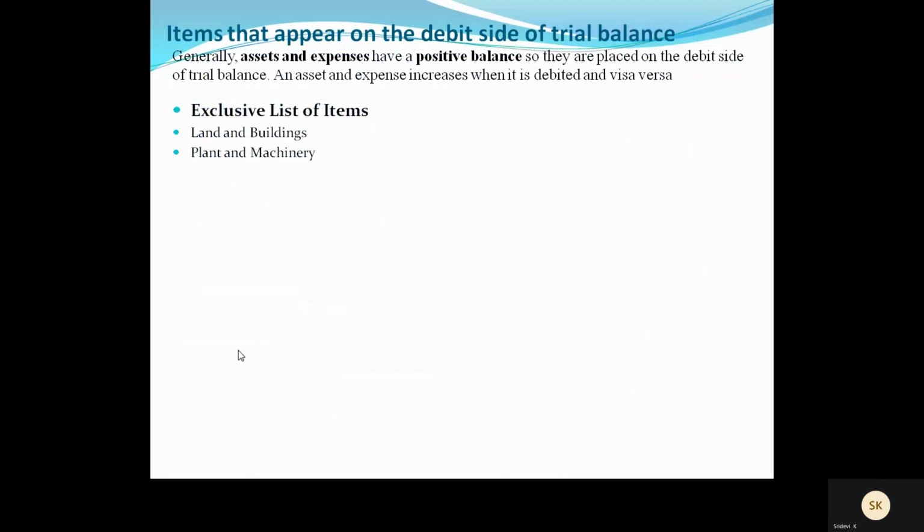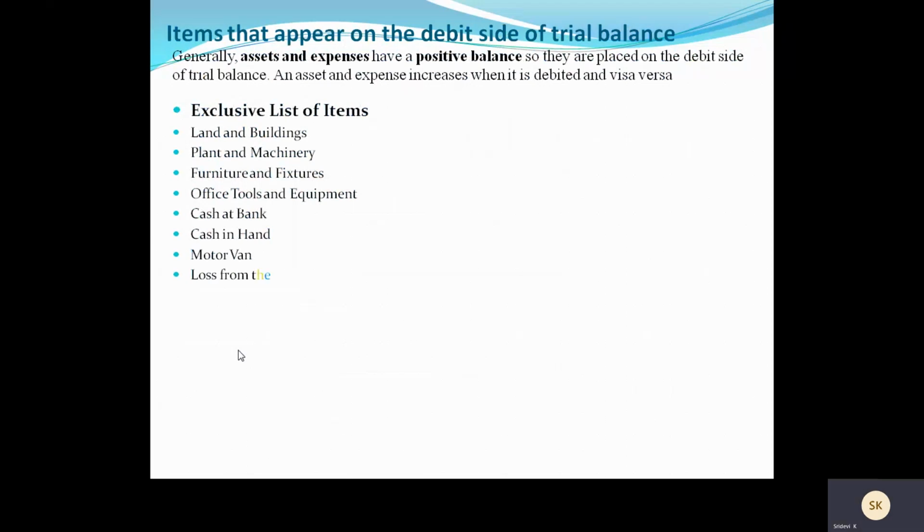One, all assets will come here. If you identify the assets, that asset's amount should be shown in the debit amount column of the trial balance. So, land and buildings, plant and machinery, all these are fixed assets, furniture and fixtures, office tools, equipment, cash at bank, cash in hand, motor vans, loose tools, and any loss from the sale of any fixed assets, any traveling charges, all the expenses also,